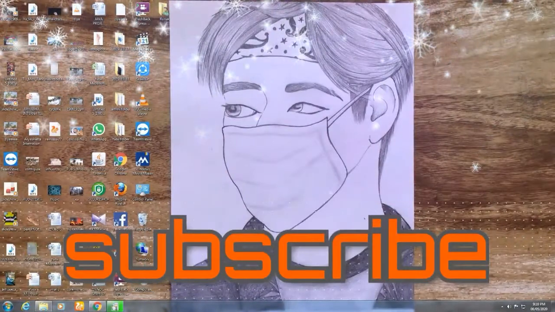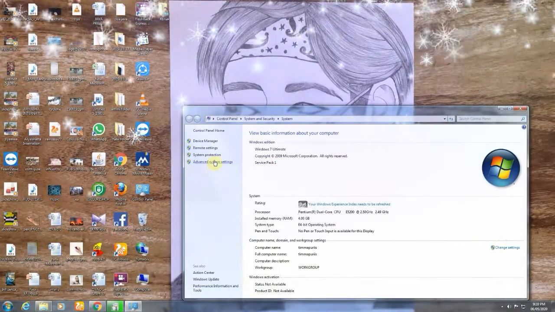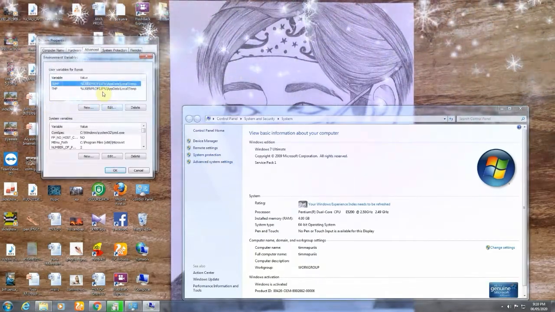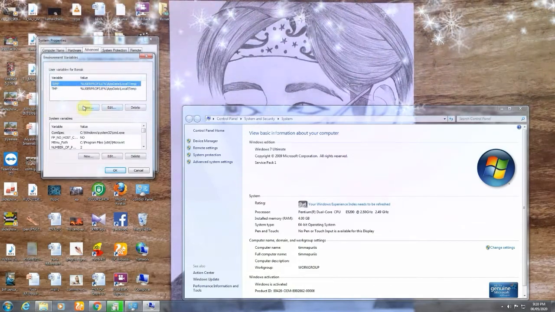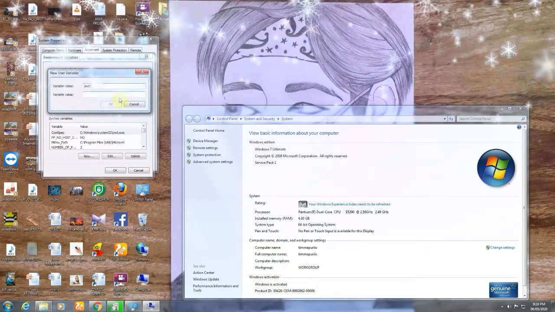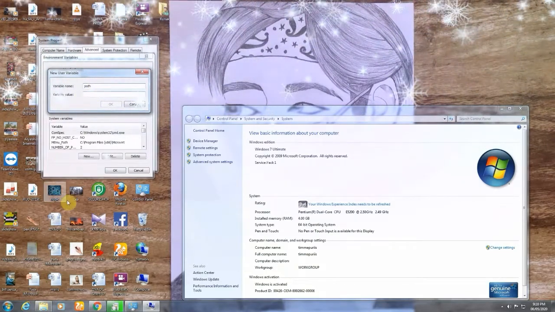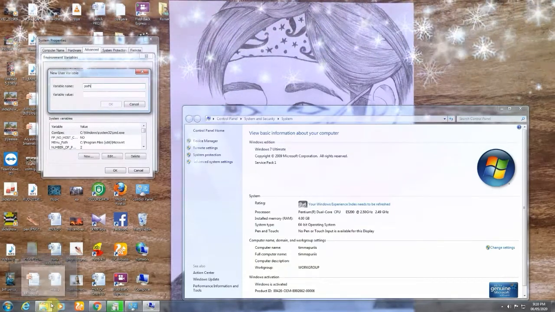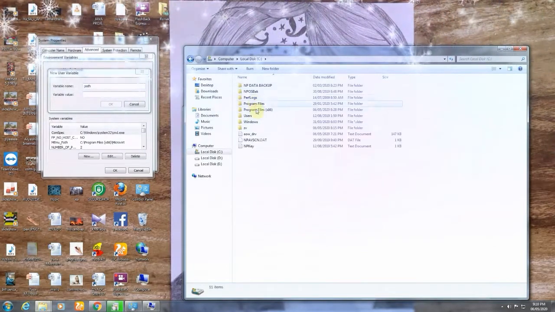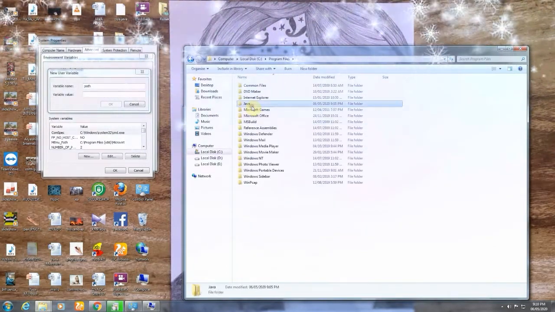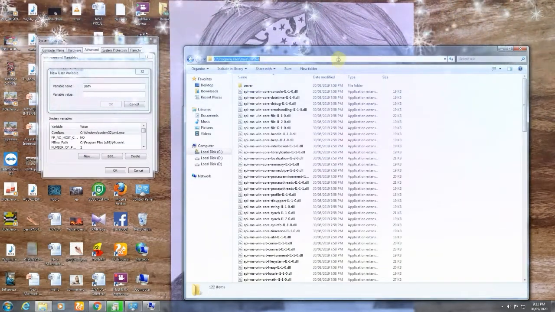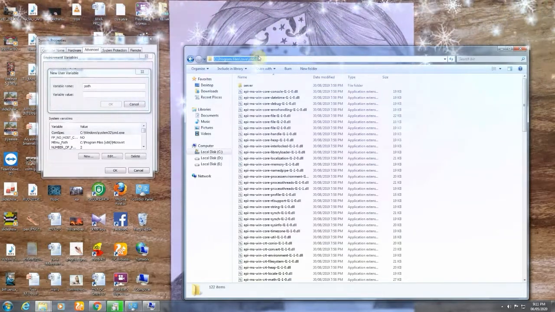I click on computer and then go to advanced, then environment variables, then click on new, type path, then go to computer, click on program files, click on Java JDK, then you should copy that link,